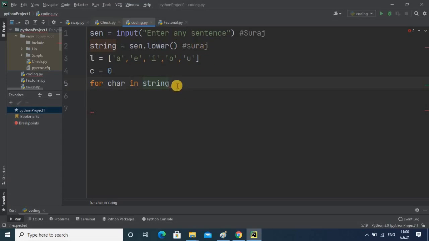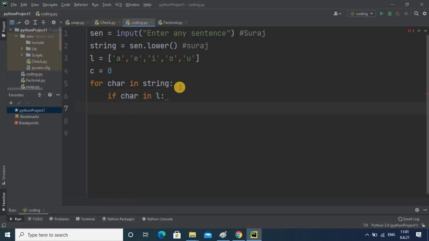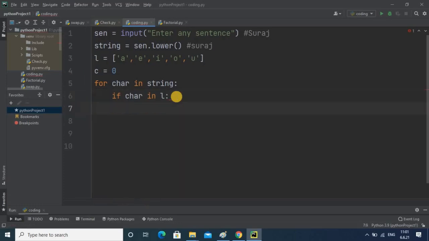Suppose the string value is Suraj, it will take first S, then U, then R, then A and J. Then we write one condition: if char in l or not. The first character S is checked whether it is present in that list or not. It is not present. If it is present, we will simply increase the value of the counter variable by 1.